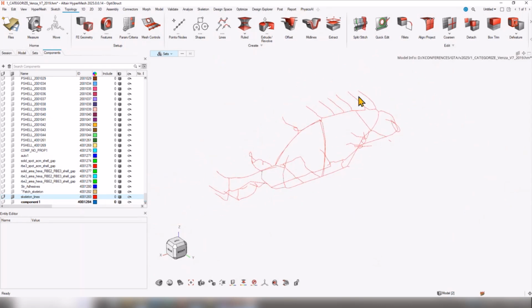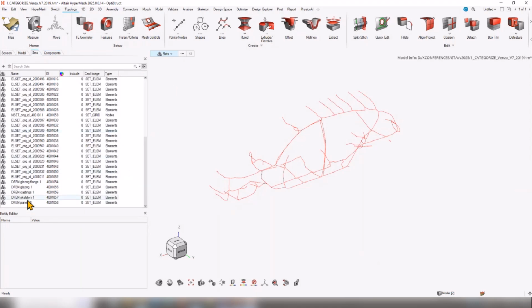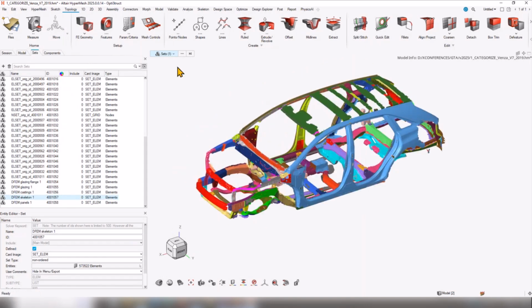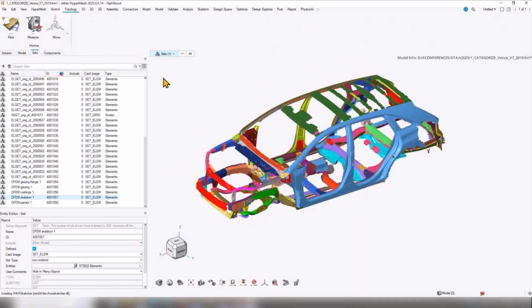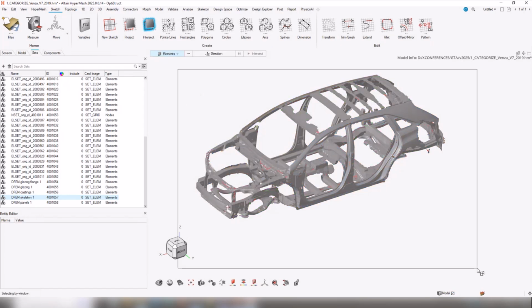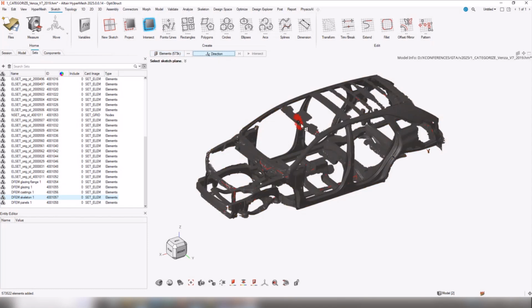Now you might be asking, well, how do I do the midline here? So what I'm going to do here is actually just go back to my set. I'm going to turn on my complete skeleton, and this time I'm going to go to sketch. So this is why I think that the sketch is incredibly important. So if I go to intersect, I'm going to pick the direction. I know the direction needs to be 0, 1, 0. Okay, and I know that this is typically going to be offset, so put that back to 0. Now that is the true midline, and if I go to intersect,